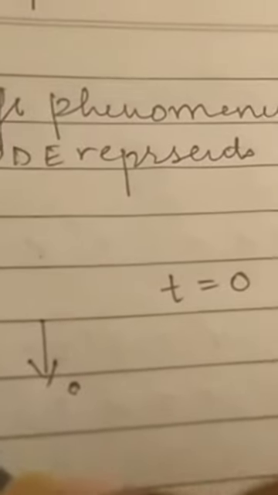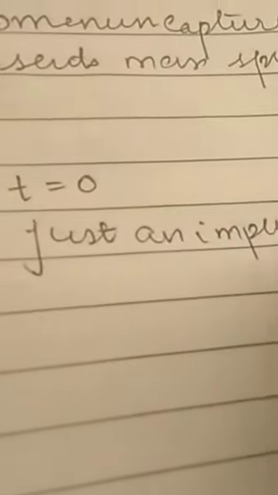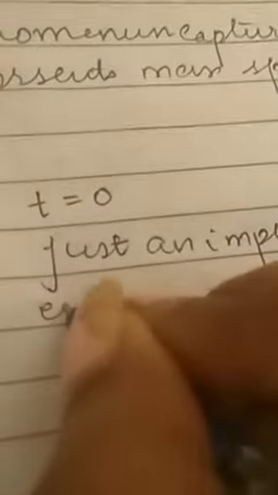When it experiences an impulsive force, it moves down, comes back to the initial position, again moves up and comes back to the initial position, and this is a periodic motion. Periodic motion establishes. So it is nothing but just an impulsive force experienced at t equal to 0, that is instantaneous. That is the reason for what delta stands for here. It is nothing but the maximum value something gets at any instant.